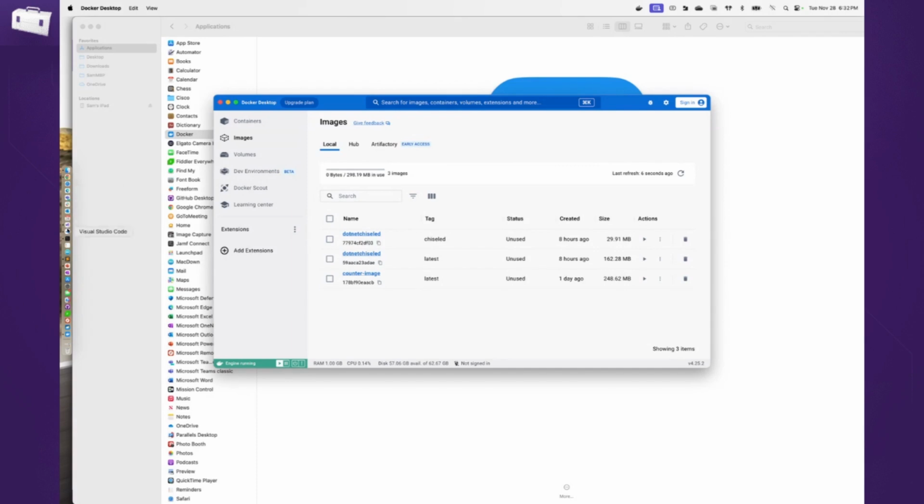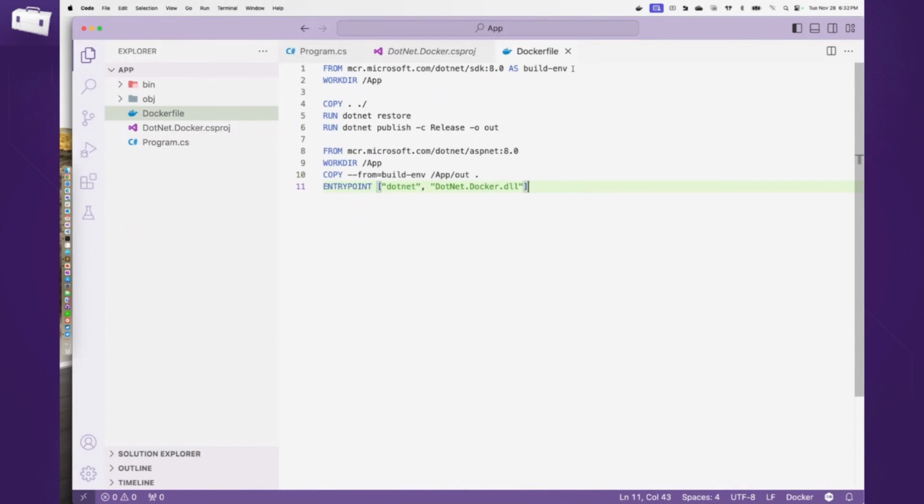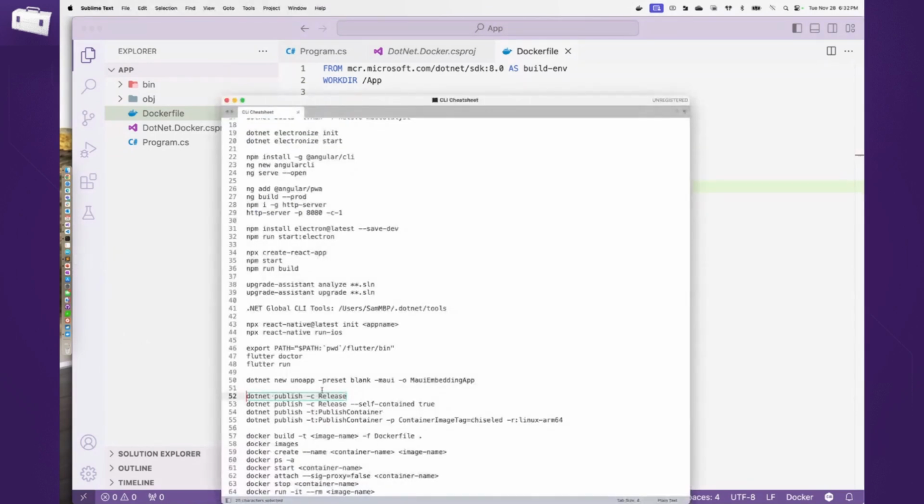So if I look at the project here, you will see that I have a file called Dockerfile, which is just a text file that says, hey, go look at this registry. I'm building a .NET app with .NET 8. You're going to do a restore. You're going to copy down all of the .NET bits that you need, and then you're going to copy over the artifacts of this build and run it in a container, right? So that's essentially create the container and load up that app into the container. Well, not yet. This is just a Dockerfile.